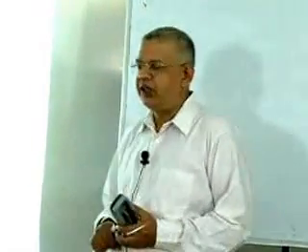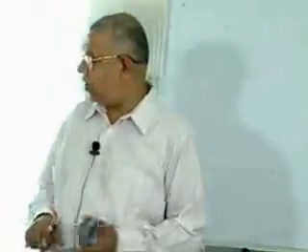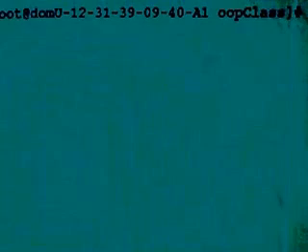Another thing you might want to notice is that we are back to the cloud. Our original instance on the Amazon cloud had some problems. So some of you who are smart will notice that we have changed the instance name of our Amazon instance, and we are working in a directory called user oop class. So those of you who had difficulty seeing the earlier work, from now on the work which we are going to do is going to be in this directory /user/oop class. So please don't change this directory. Things will be there.